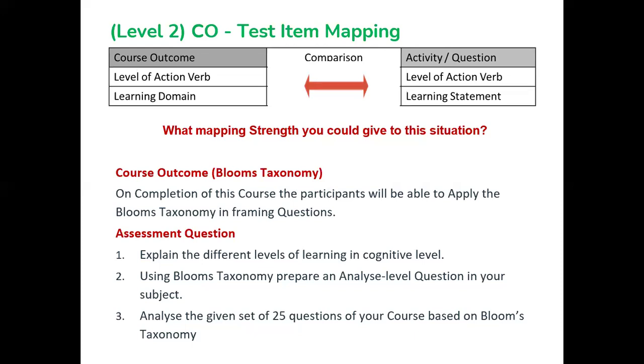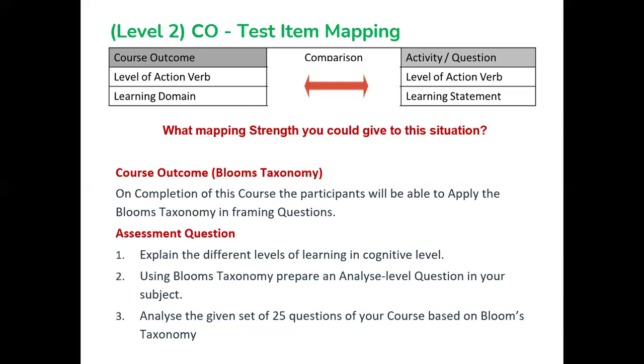The same way for CO attainment, we cannot expect that every student, the entire batch, will be attaining 100%. So in that case, we can fix a target like 50% or 60%, so that we can say that is the target. So we are expecting 60% attainment or 50% attainment for a CO, so that you can ask low order questions. But asking higher order questions is meaningless because